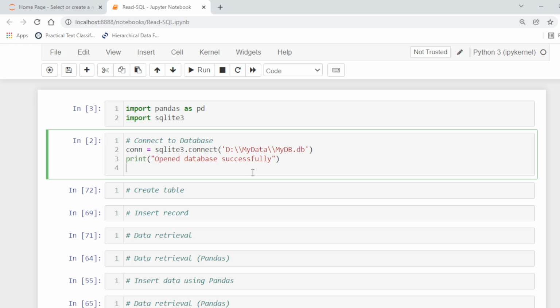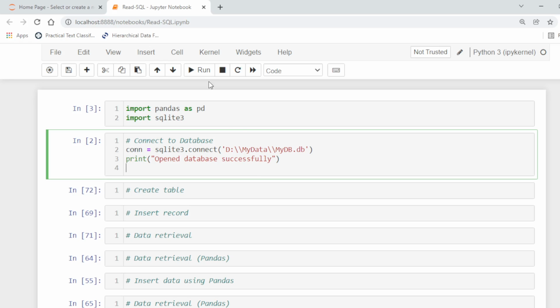If the given database name does not exist, then this call will create the database. You can specify the path if it is required to create the database in some folder other than the current one. Without specifying the path, it will create the database in the current folder.